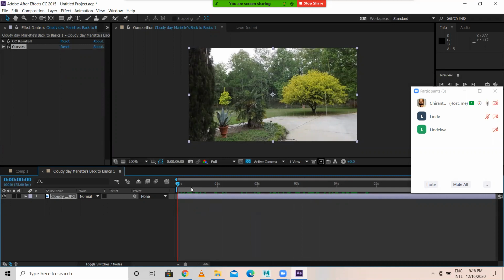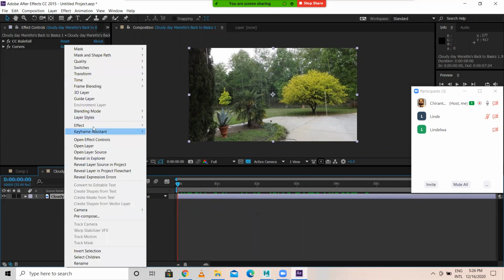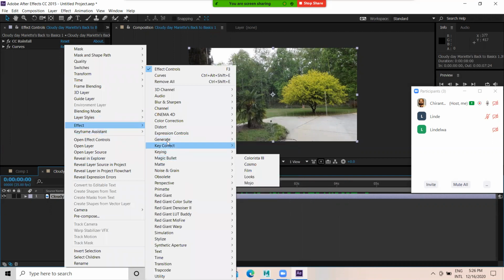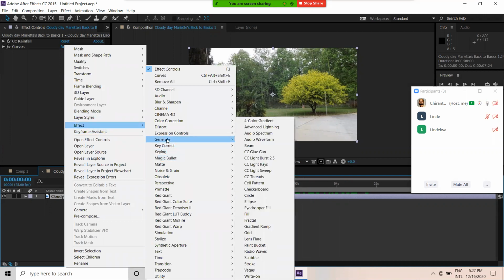And even what we can do is there are few more examples wherein under effect, CC thread, light sweep, glue gun.